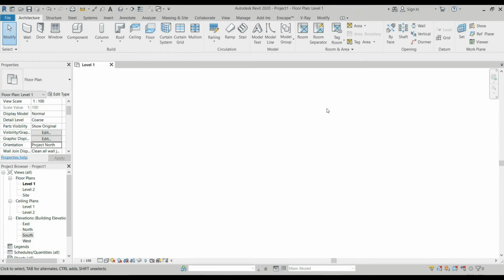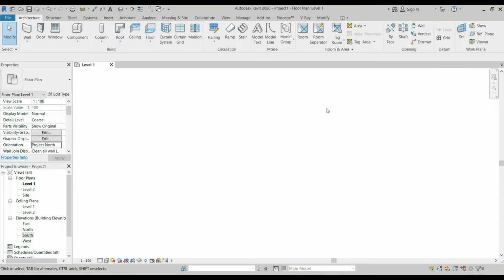So we are already on the third part of our discussion in Revit, which is the documentation part. So we're going to discuss how to create your orientation, how to use your annotations, setting up your layout or sheets, and then